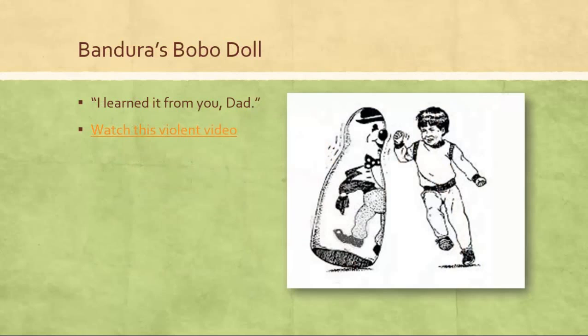Before continuing in the chapter, I would be remiss if I did not tell you about Albert Bandura's Bobo doll. Imagine a large inflatable bowling pin painted to look like a human. That's a Bobo doll. Bandura, in the most famous example of observational learning, had children observe through a glass,